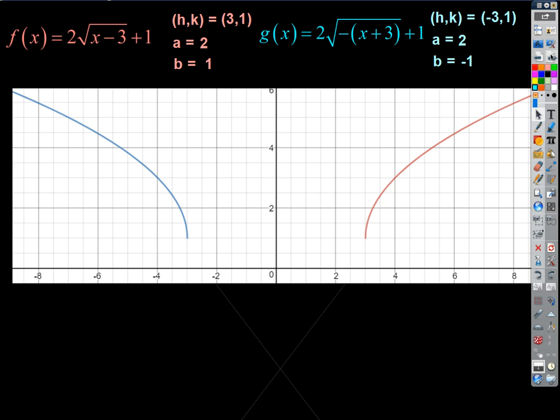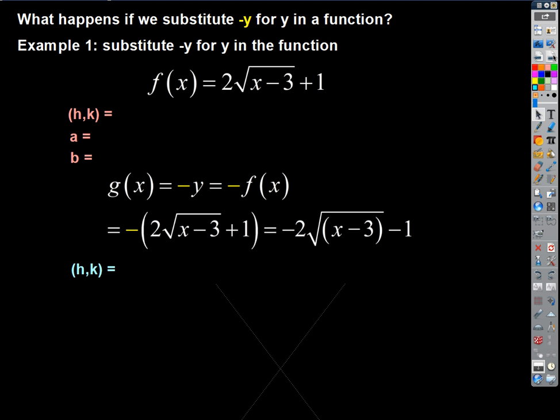Okay? Well, what do you think is going to happen then maybe when we substitute -y for y? So if f of x equals the same function, 2 square root of x minus 3 plus 1, you already told me all this stuff, right? So we know the values of